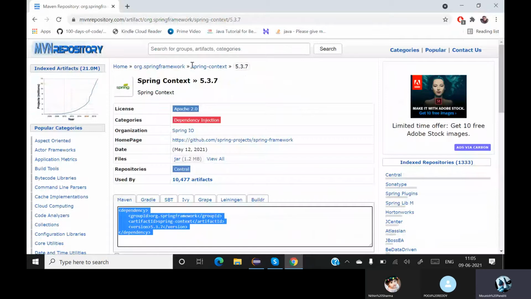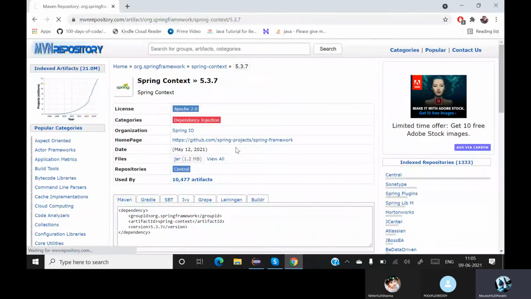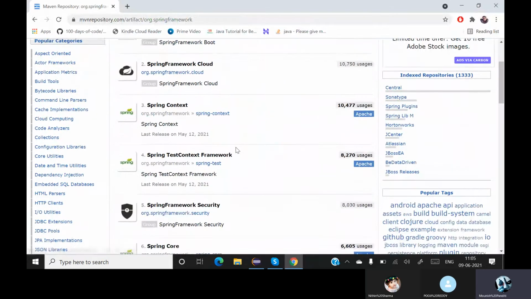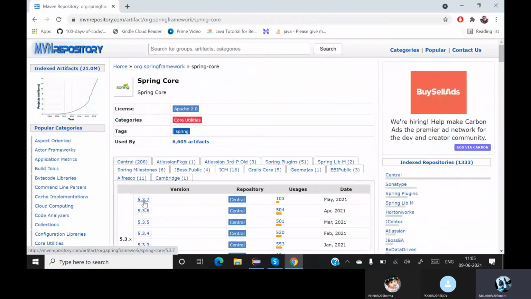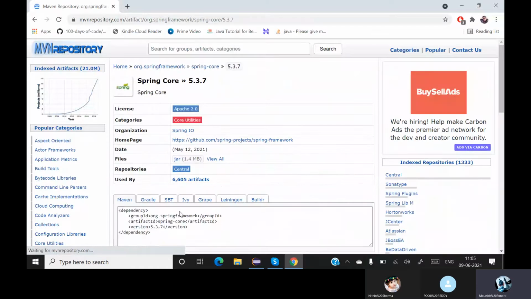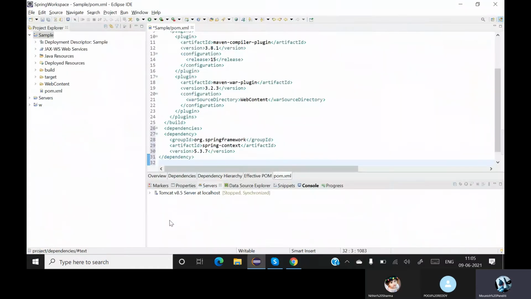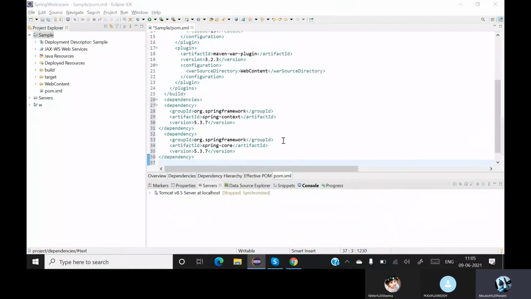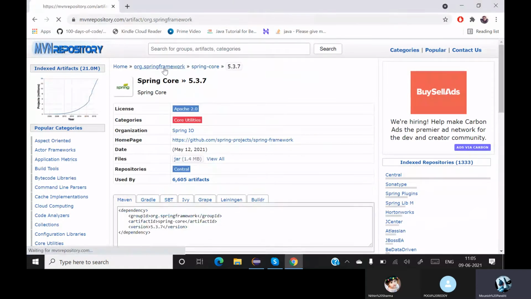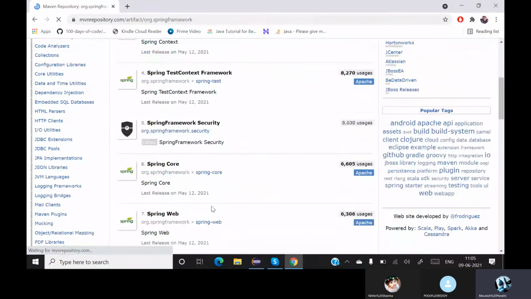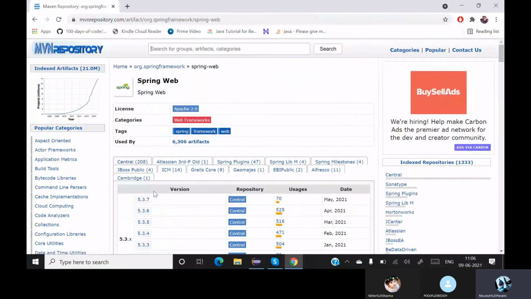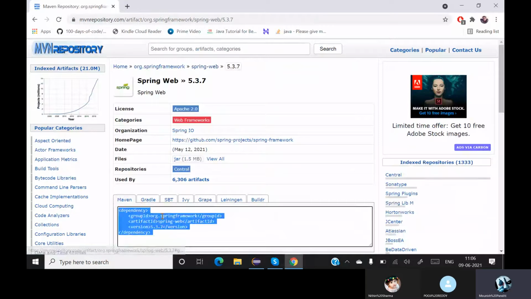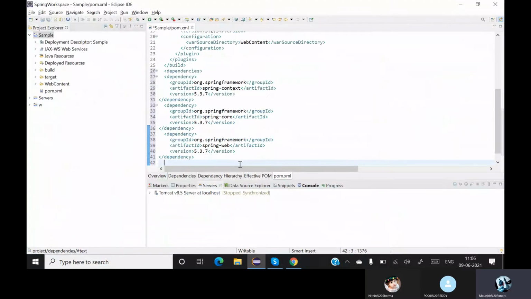Next, go back to org.springframework. After Spring Context, I'll need Spring Core. Go there, copy, paste, go back again to org.springframework. Spring Web is needed because obviously this is a web-based application. Copy, paste.